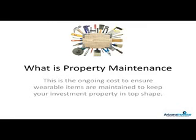So we talk about what is property maintenance, and really property maintenance, very similar to what Ryan just said, this is the ongoing cost to ensure wearable items are maintained to keep your investment property in top shape. So it's these things that Ryan talked about from a preventive maintenance perspective,